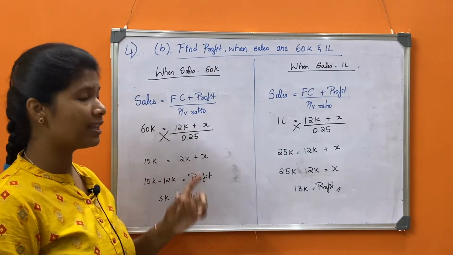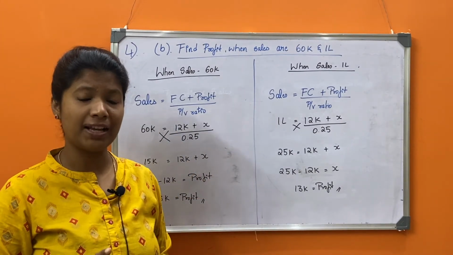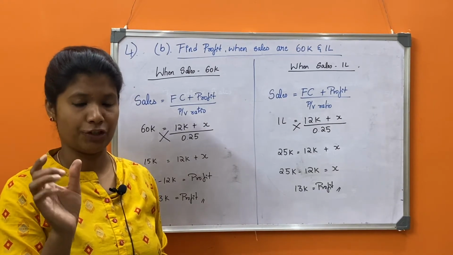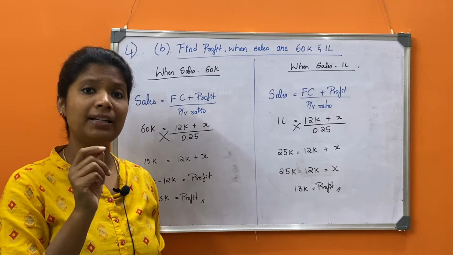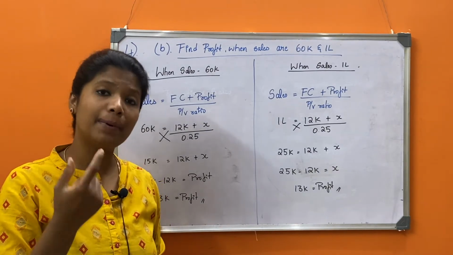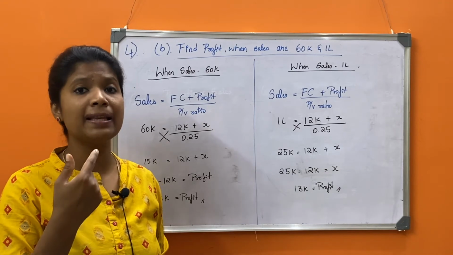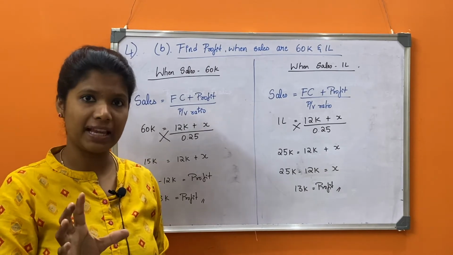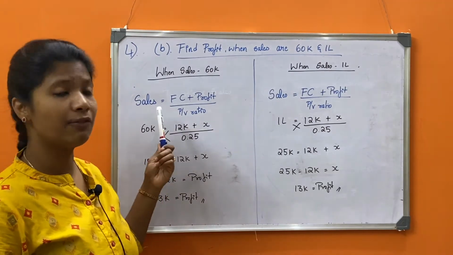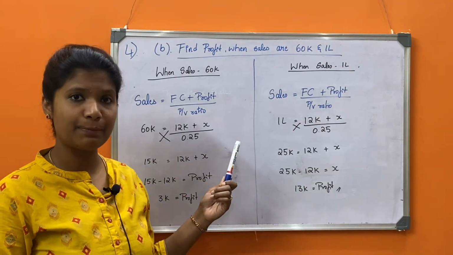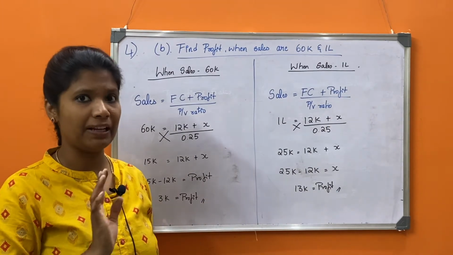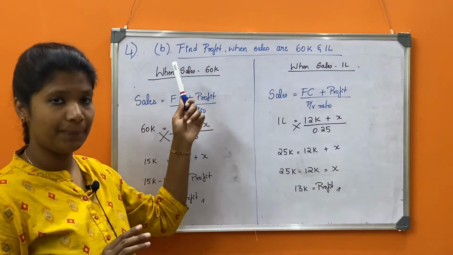Now why are we using this formula? Because the question has given us only 3 details: fixed cost as a complete expenditure, that is 12,000 rupees, but in terms of variable cost and selling cost, they have given per unit, correct? They have given us per unit and not the whole sales or not the whole variable cost. That is why we are using this formula, fixed cost plus profit divided by the PV ratio. PV ratio we have priorly found out in question number A.